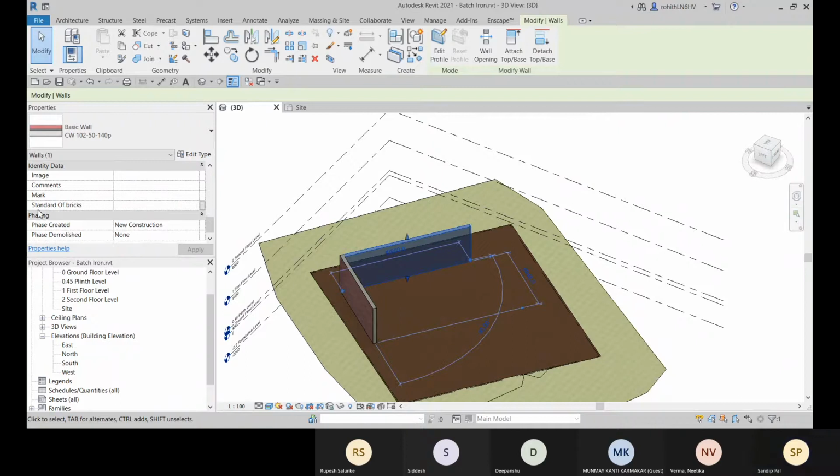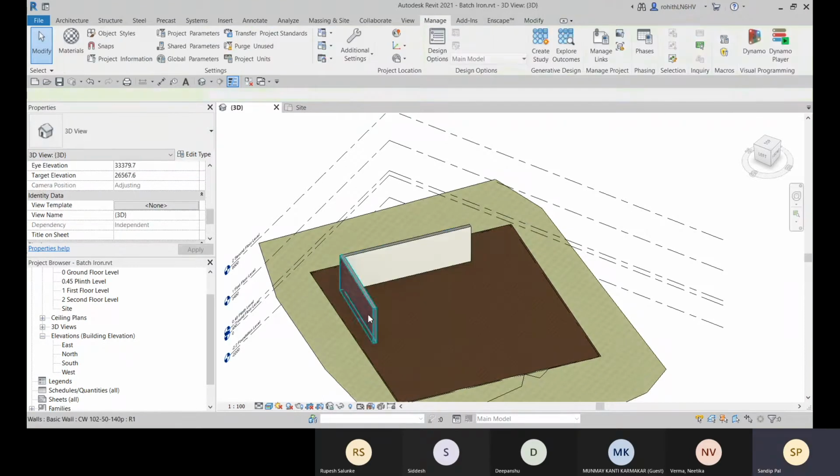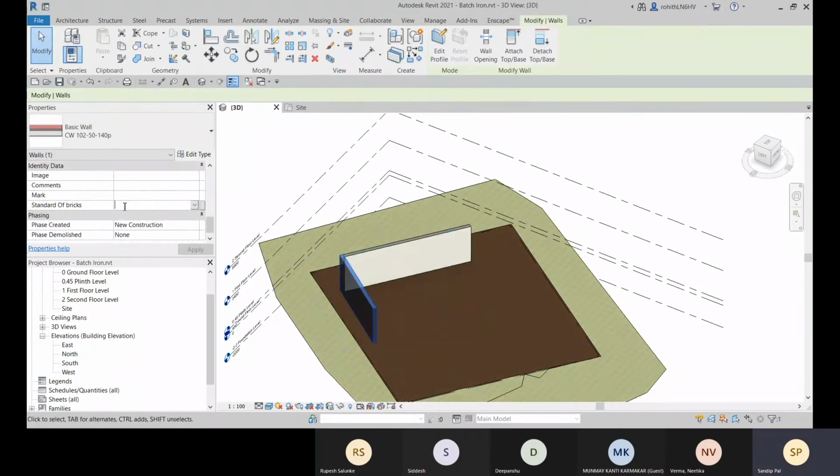Here you have this standard of bricks. Now you can define it here: first class bricks, right? And if it is varying, you can go for second class brick or anything like that. So here you can mention it again.